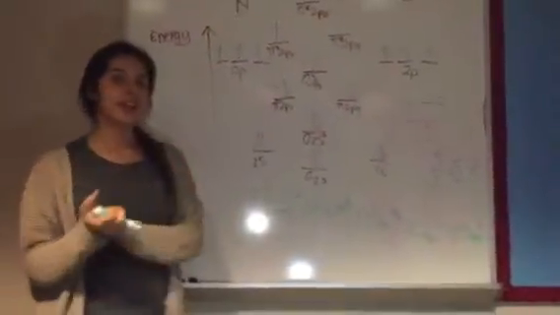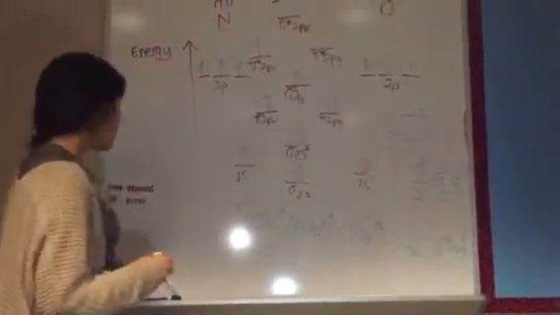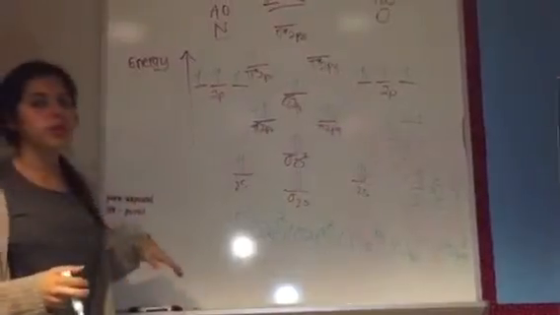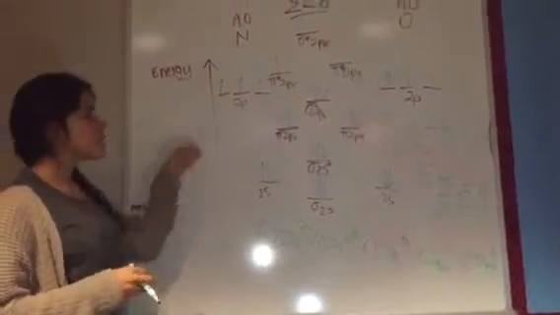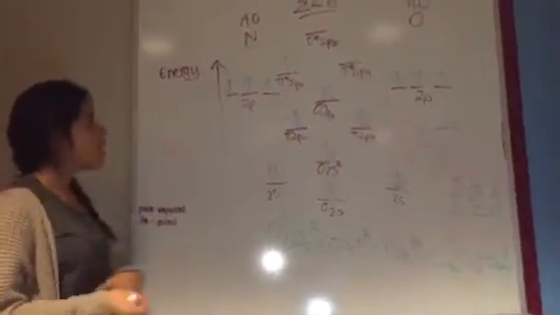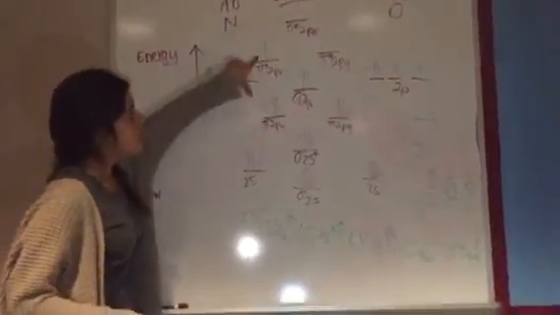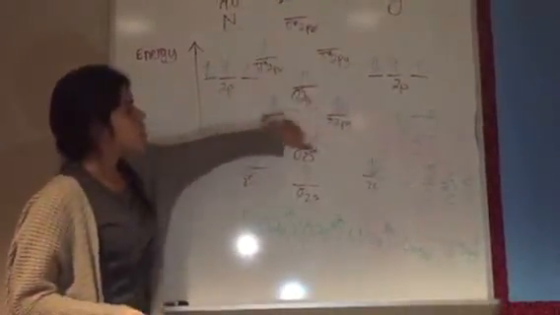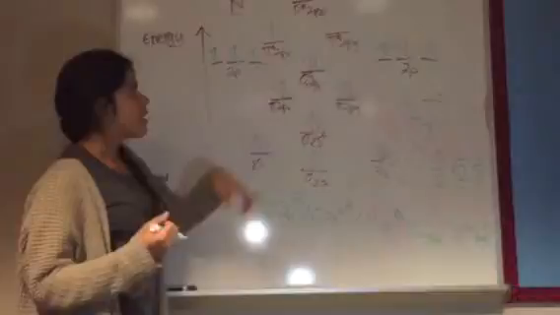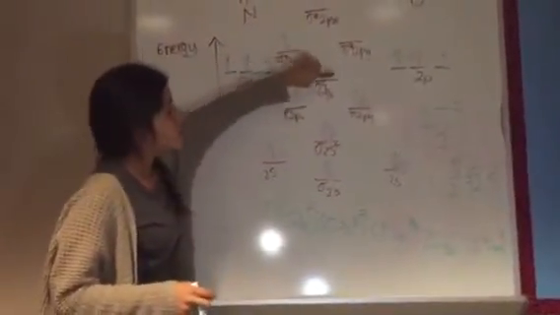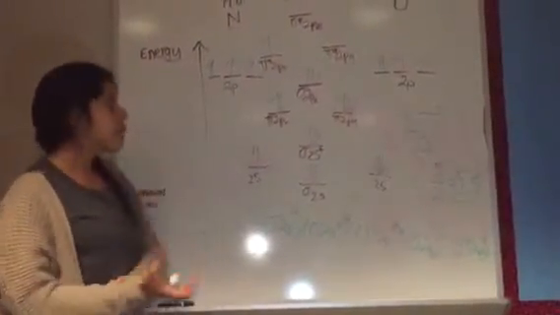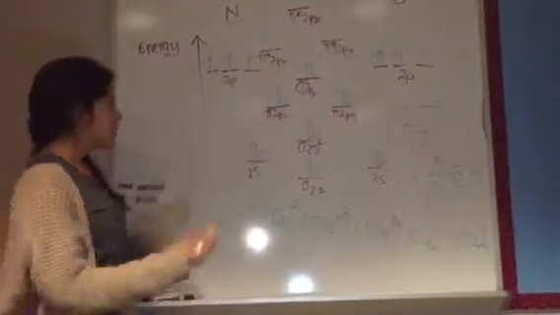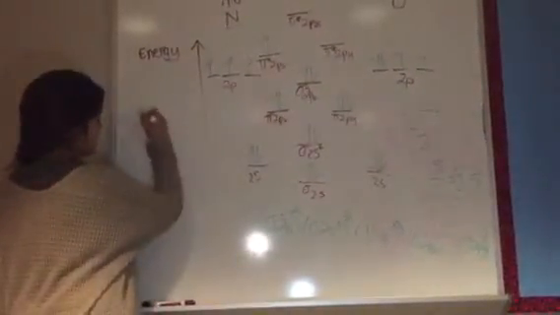Hi, I'm Paulina, and what I'm going to go over is paramagnetic and diamagnetic. So right here, this molecular orbital is paramagnetic because what that means is that it has an unpaired electron, which is right here. It doesn't have a pair such as these do. And it would be diamagnetic if this didn't exist and they were all paired like this, but since it's not paired, it's paramagnetic. So then you write down it's